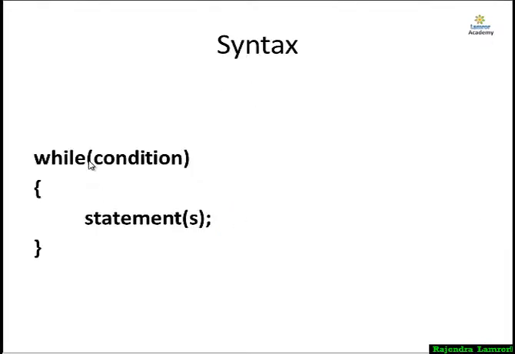Simply write the while and the condition which you want to apply on the loop, and write the braces and the block of code which you want to run in the loop. Okay, if you have only a single line in the braces, then you don't need to write the braces. Simply write the one line below the while loop, and it will execute.